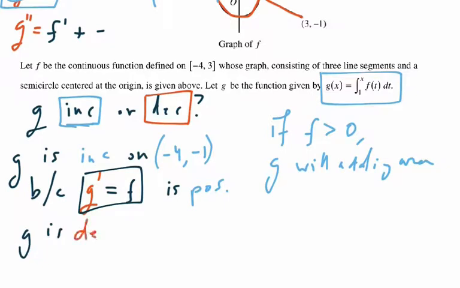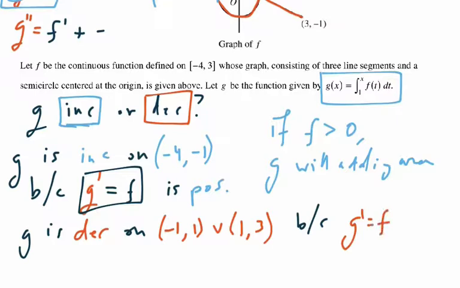G is decreasing on -1 to +1, union +1 to 3, and that is because g prime, which is f, is negative there. Cool. This talk of increasing and decreasing also allows us to answer where g has any relative maxes or